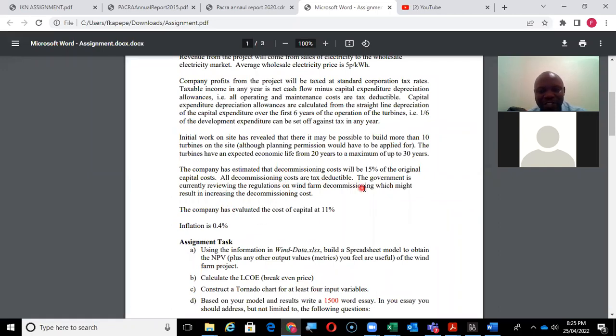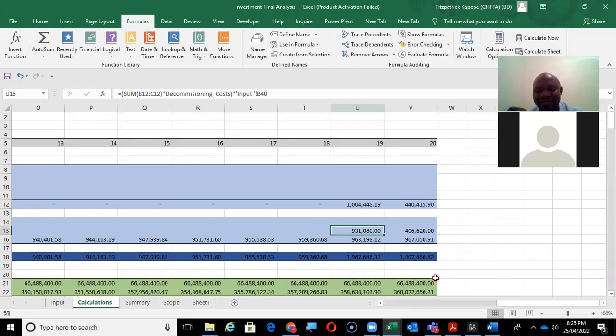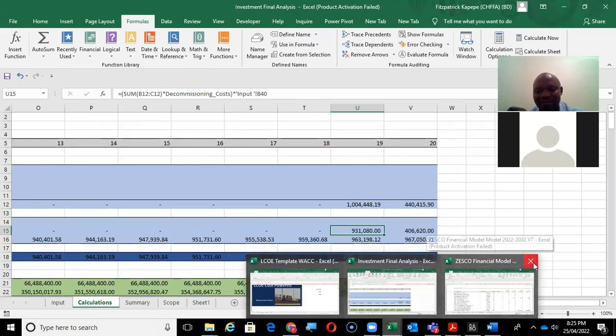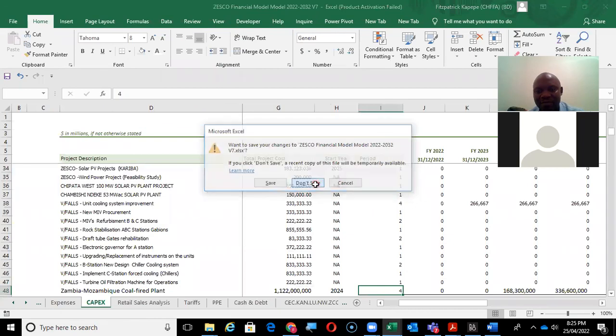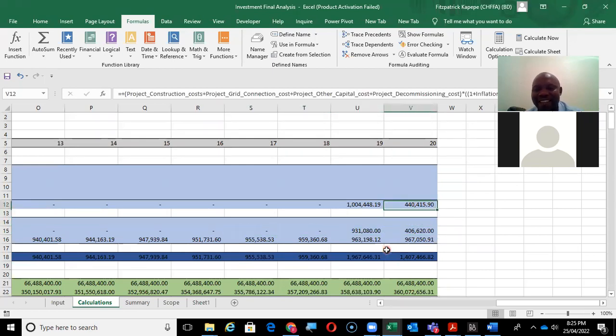The company has estimated that the decommissioning cost will be 15% of the original capital cost. All decommissioning costs are tax deductible. The government is currently reviewing the regulation on wind farm decommissioning, which might result in the increase in the decommissioning cost. So if I was to think logically, I would actually add,